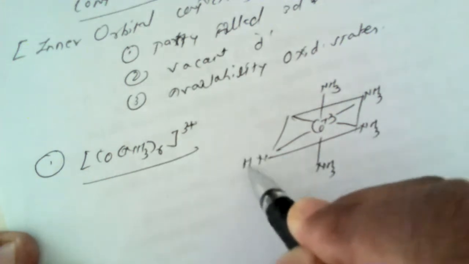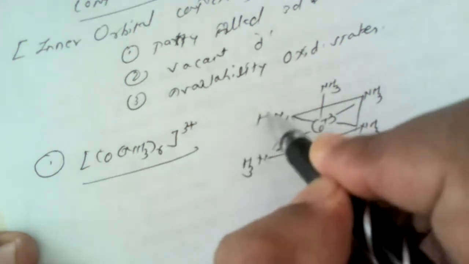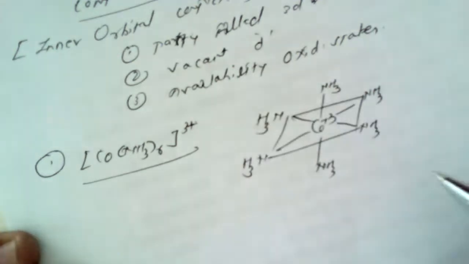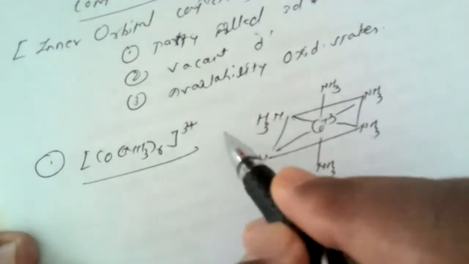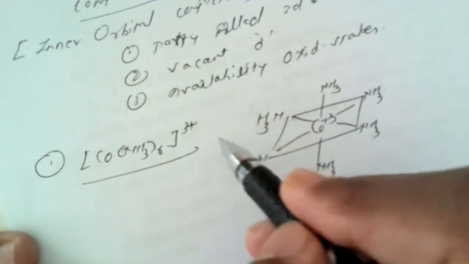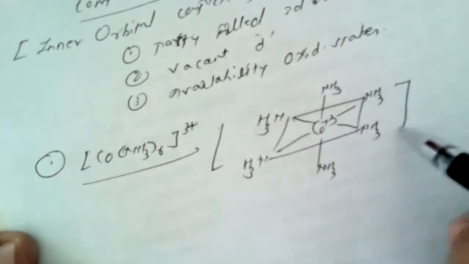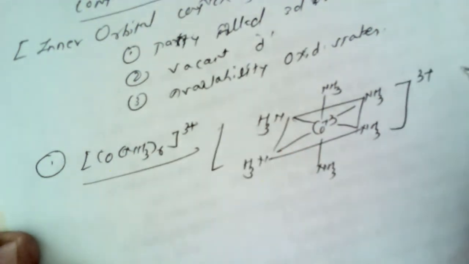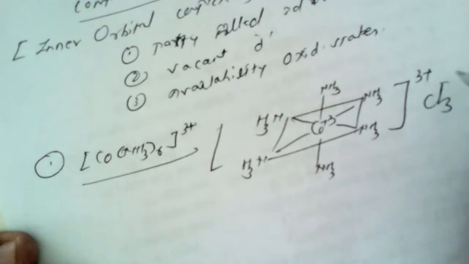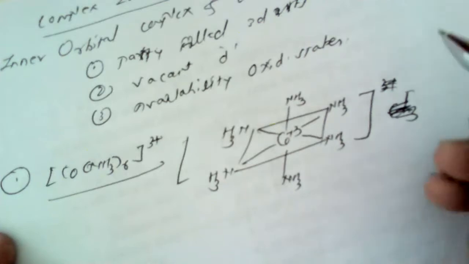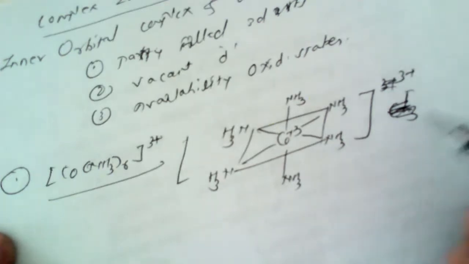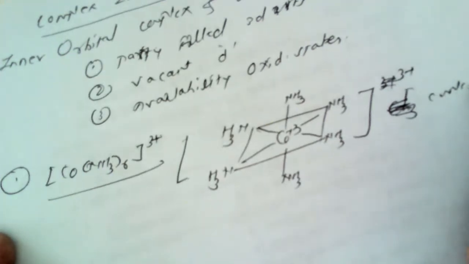I am not going to give you the notes. If you require, you can borrow from the TYBSc students, or you write side by side. Here, this is a complex ion carrying 3 plus charge. If I write Cl3, then it is not necessary to write this 3 plus, and I have not written only chloride, so this is 3 plus. So this is known as a complex ion.